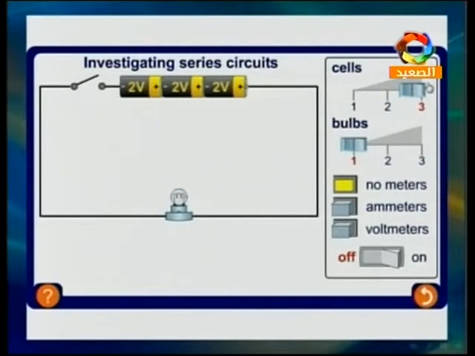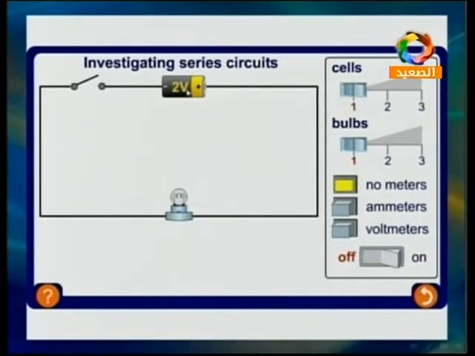If I increase these batteries like this, we have 3 batteries, and the voltage of each one of them is 2 volts, so the total is 6 volts. It's a very high voltage. So if I close this key and turn on this lamp, it will light up more than in the first case. And here, if I have the first one of these batteries, and I close the key here, and I have a meter to